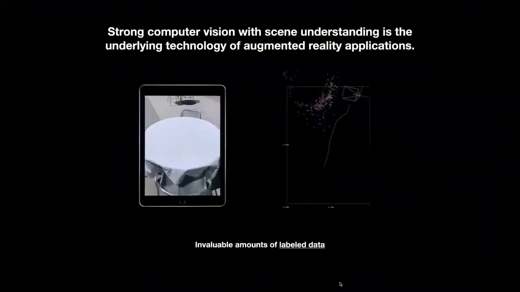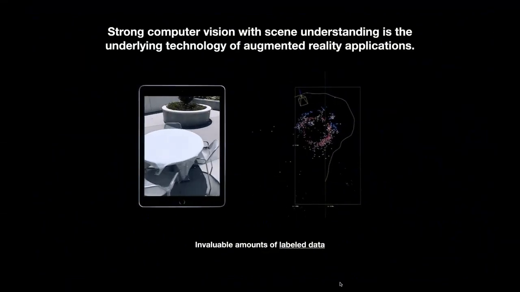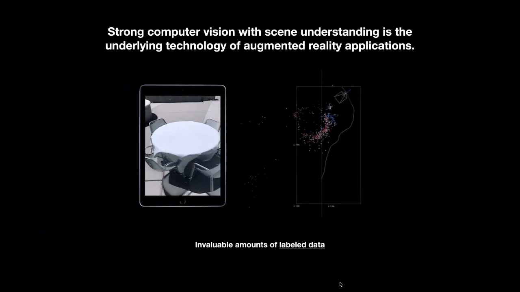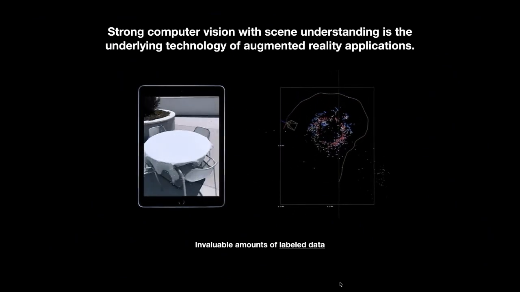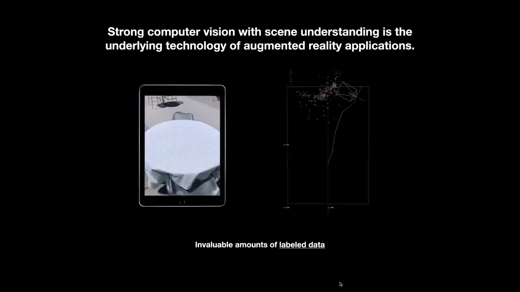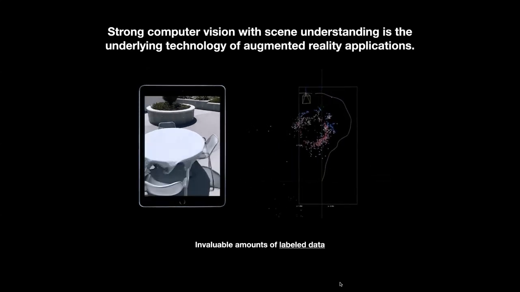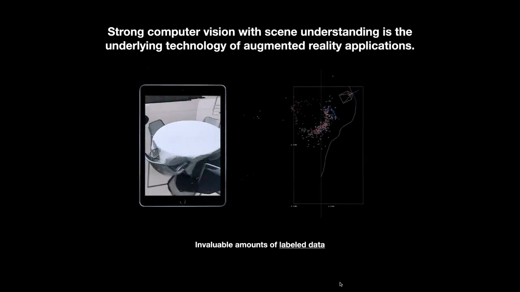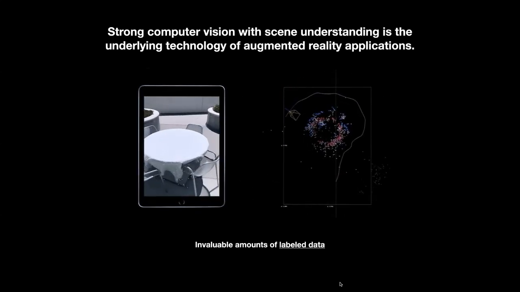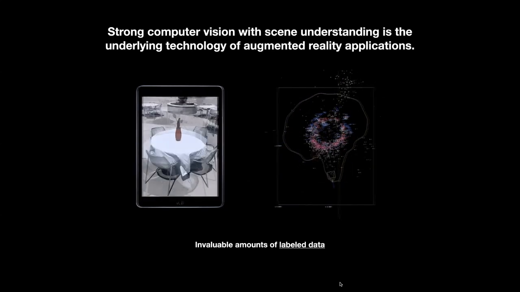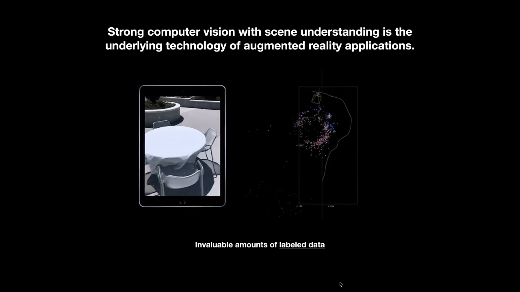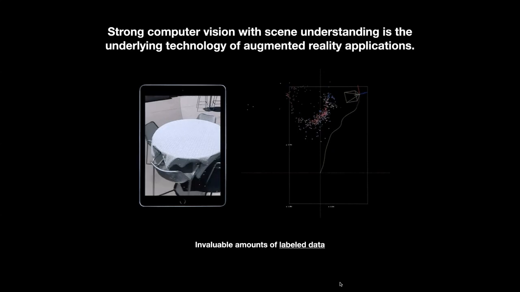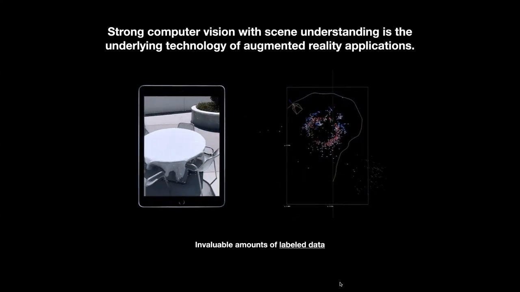Let's continue. The underlying technology that I always like to point out on this slide is that strong computer vision with scene understanding is the underlying technology of AR. So machine learning and AR, they are like conjoined twins. One can't grow without the other really, or I should say AR can't grow without AI. And so what's happening here is you have a camera, AKA your phone, and as you walk around different scenes, this AI is able to detect all of these different pinpoints and map out an understanding of the scene. So maybe there's chairs, maybe there's tables, maybe there's a tree in the background. The computer can track those things and remember exactly where they are.